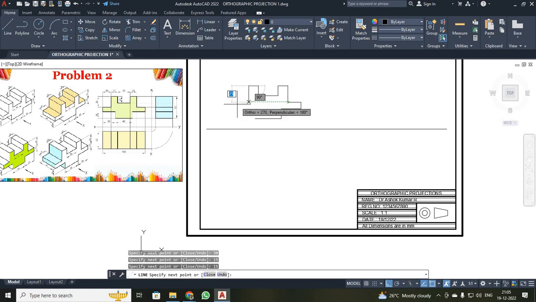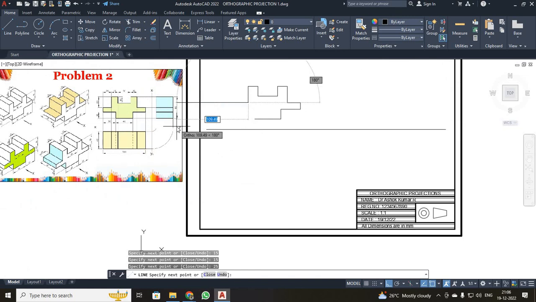See what I have done, I have just moved in your downward direction and placed your mouse over here and moved it, so that I will be getting a construction line. You can see that a green construction line is being created, or you can use your dimension also. So once again it will be 25, enter, move to your horizontal direction, it will be once again